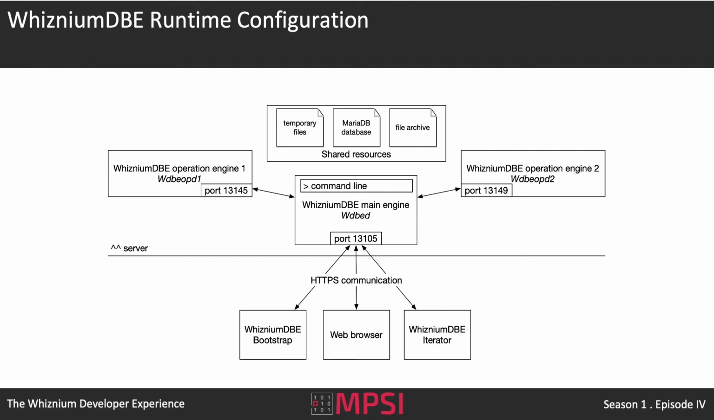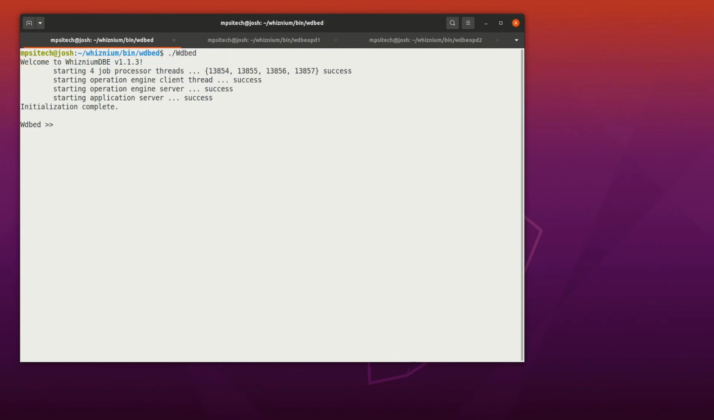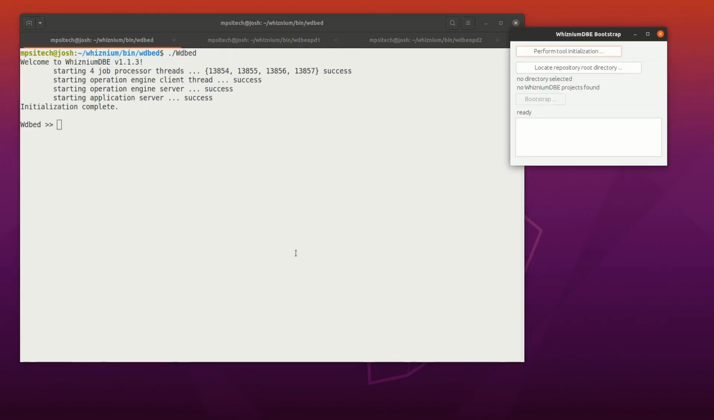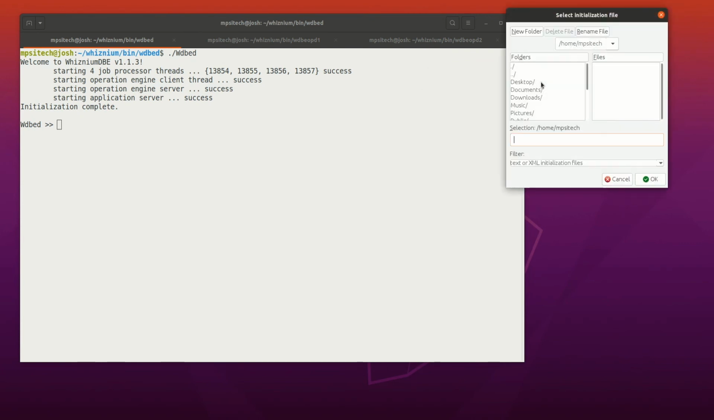For WhizniumDBE, in the same way as for WhizniumSBE, there is a constellation composed of 3 executables as indicated on the slide and as can be seen in this terminal. The bootstrapping procedure is equivalent to the one for WhizniumSBE, and to perform the tool initialization I have to connect,